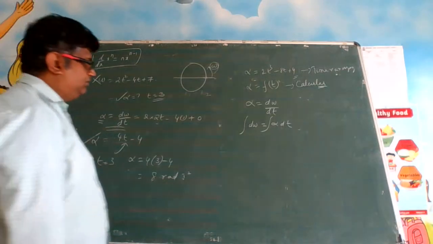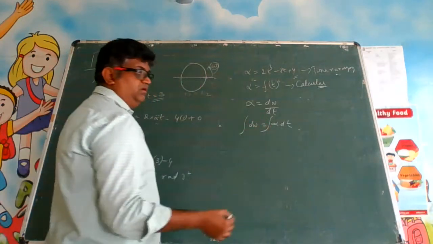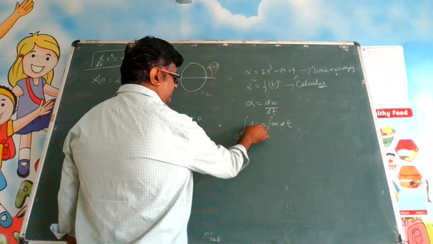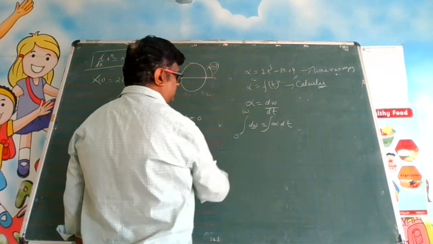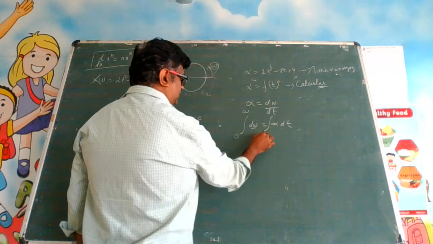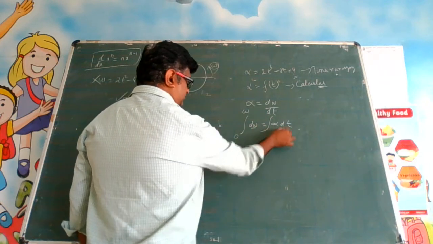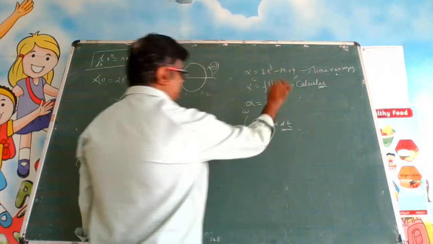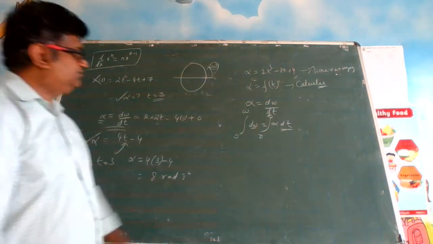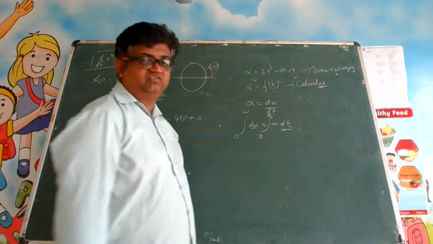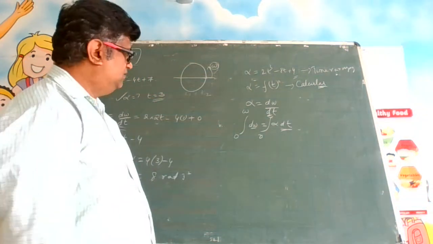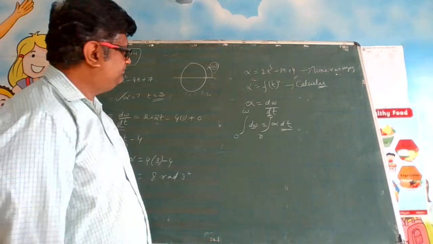Okay? So when I integrate, I need to put the boundaries. So omega is variable here from 0 to omega. Here, what is the boundary? At omega 0, it is time. Here t is the variable. It is from 0 to t. That means at t time, omega was the speed. At the 0 time, 0 was the speed. Okay? Simple terms I am telling you.